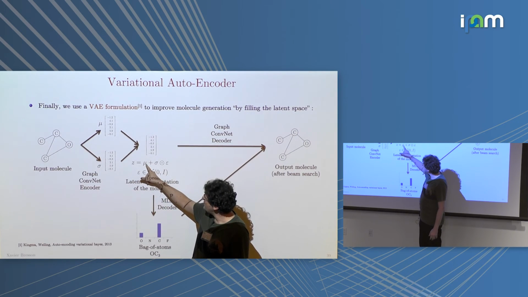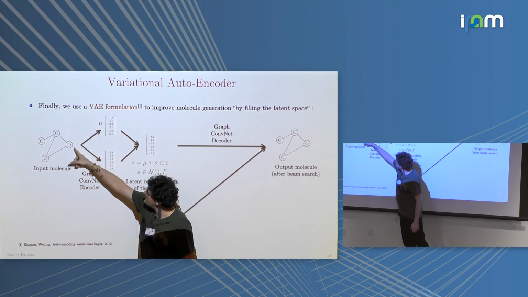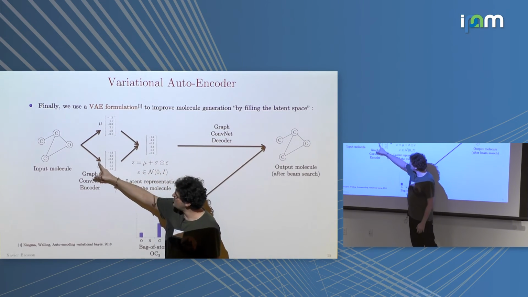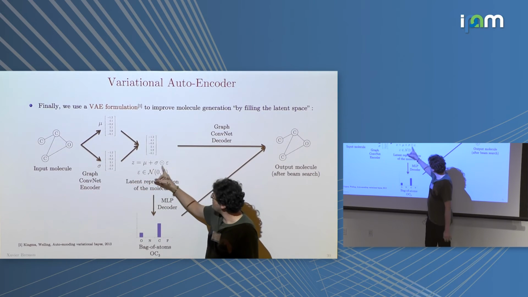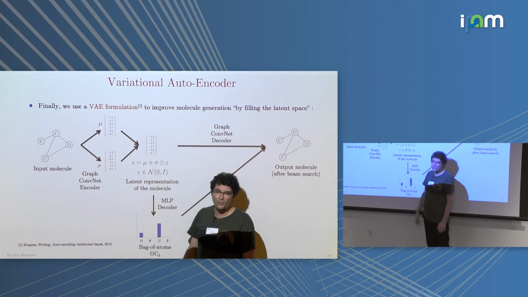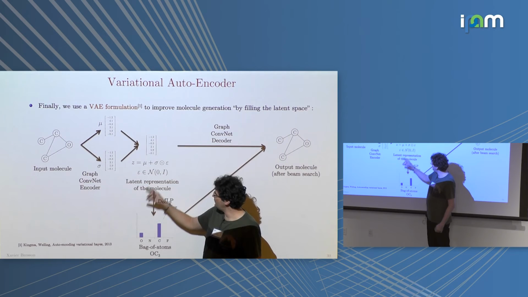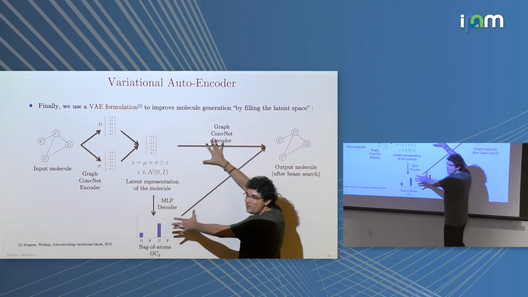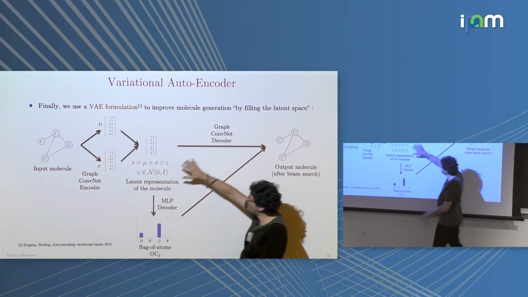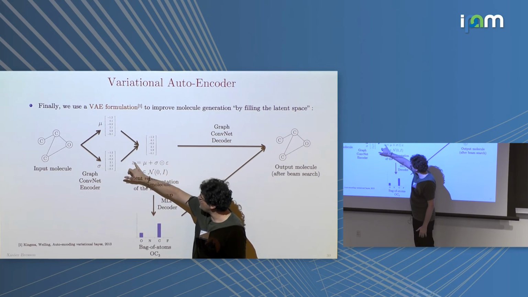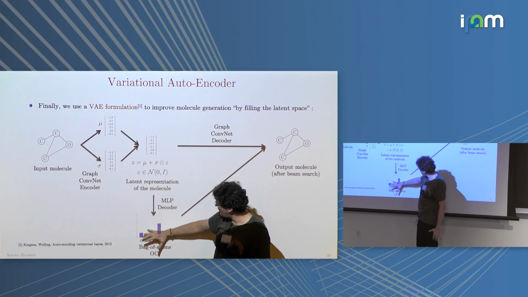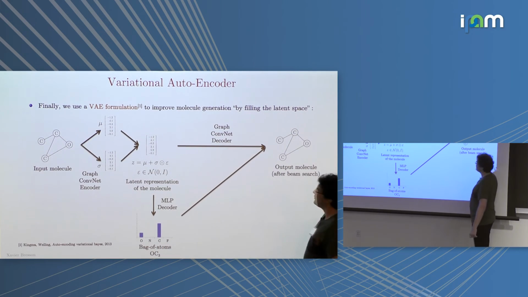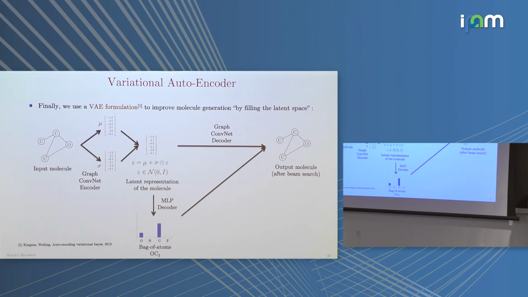So you have the mean that you will learn, and this is going to be a neural network to learn this. You will have the standard deviation, so you will also use a neural network. And then here, this is just the normal distribution. And that's it. The rest is going to be exactly the same. We have our continuous representation of the molecule. We can get the molecular formula. We can use the decoder, and then we form the molecular graph.